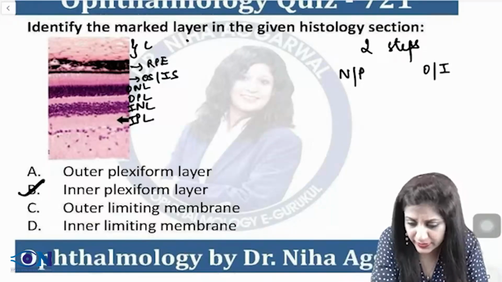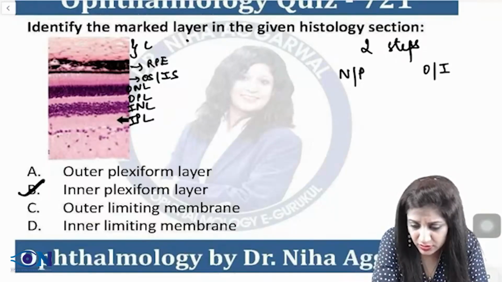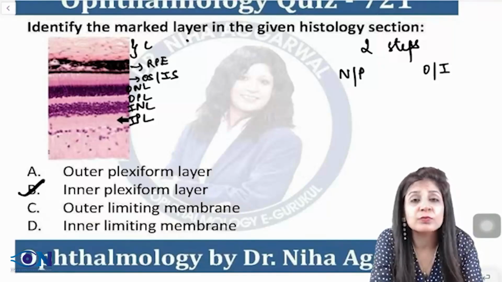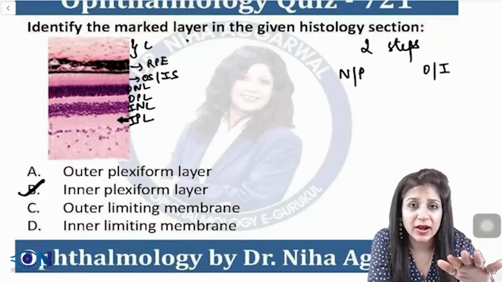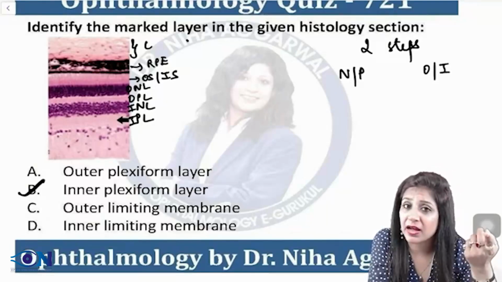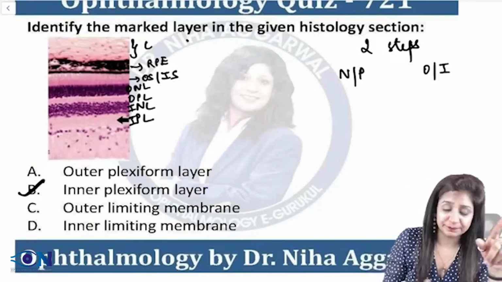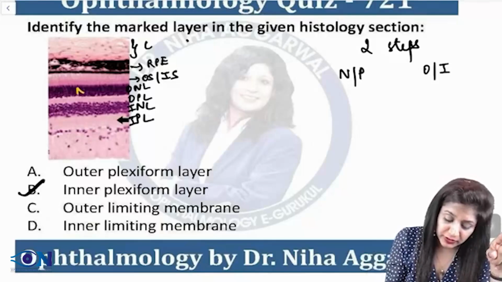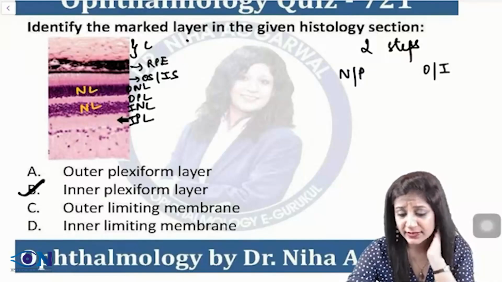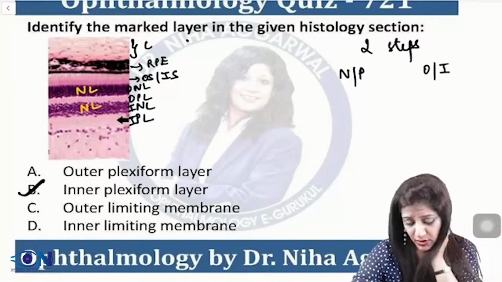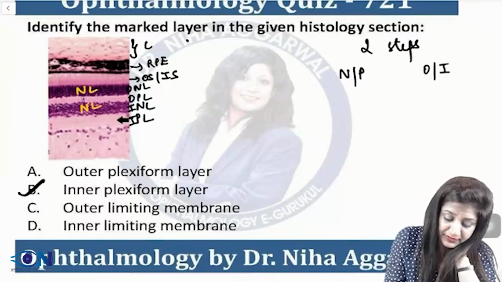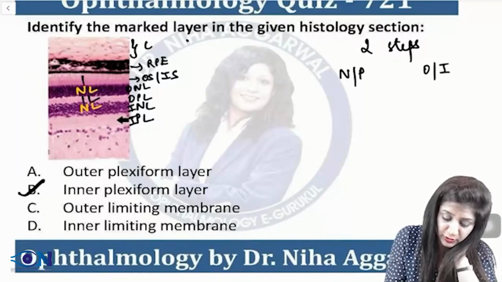It was an easy question. All the layers were arranged. How did you arrange the layers, guys? I do not know. Either the names of the layers had to be arranged, or you have to identify the marked layer. Can you tell me? This is a nuclear layer, and this is also a nuclear layer. Ganglionic cells were already labeled. Okay, and therefore this will be the plexiform layer, and this is also plexiform.